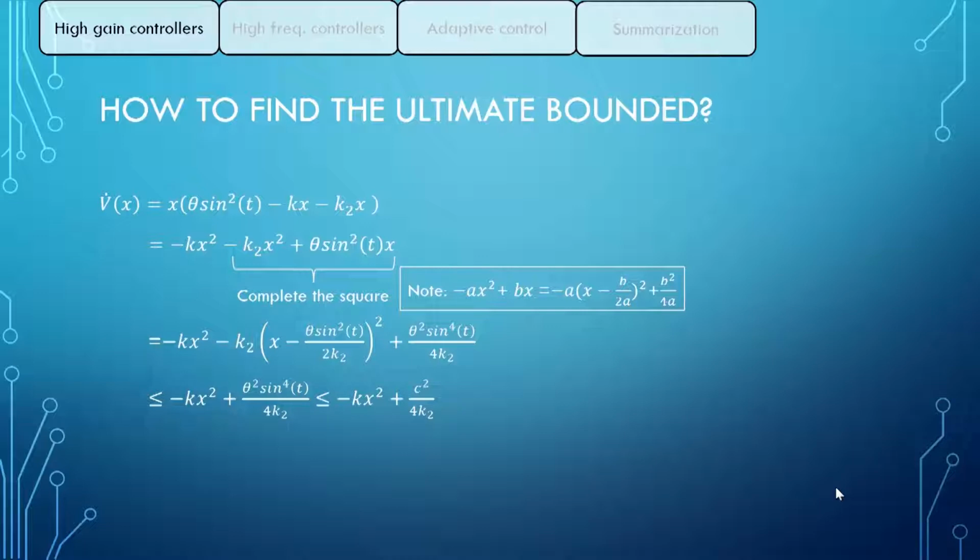So now, in the worst case, because it's an inequality, the worst case for v dot to be 0 is this summation to be 0. For v dot is upper bounded by